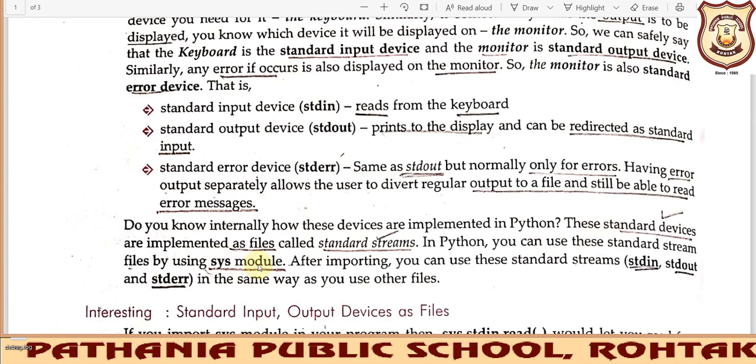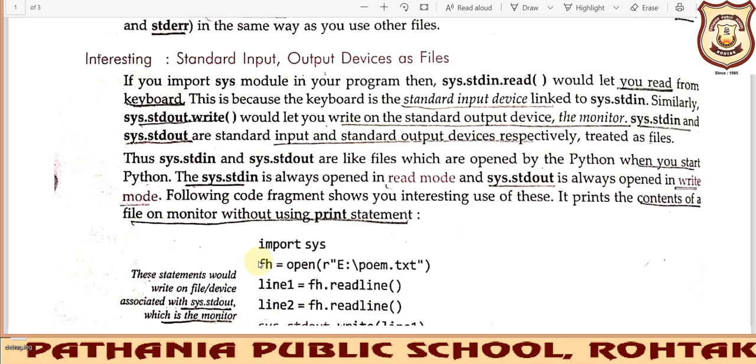Whenever we are starting up a program where we need to use these streams, we must import the sys module. Definitely these streams will use the relevant functions. If you want to take input, meaning you want to read the data, for that you need the read function or readline function, and when we need to write something, for that we will need